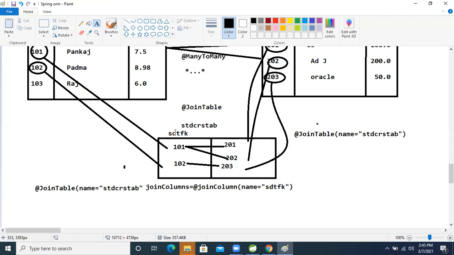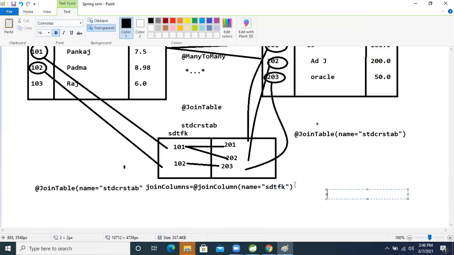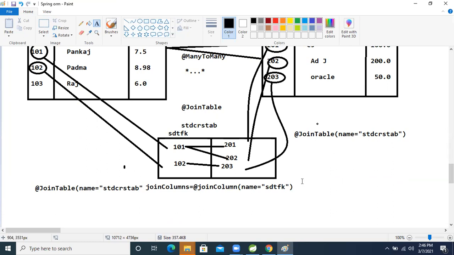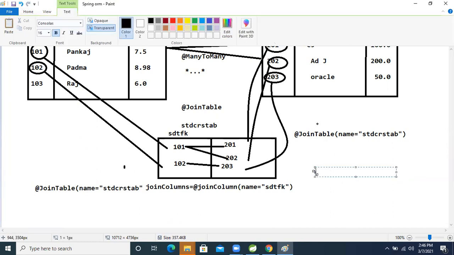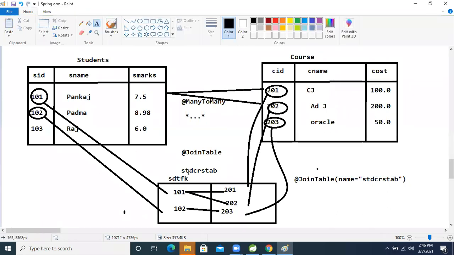Then, by seeing this one, this row is the student table, primary key is becoming the foreign key here. But a little bit different thing is there to generate the child table foreign key in the third table. So let's see for that which annotation, how we can write. Okay, so now fine. But here inverse is happening, right? Here direct is happening, but here we need to take inverse, right?